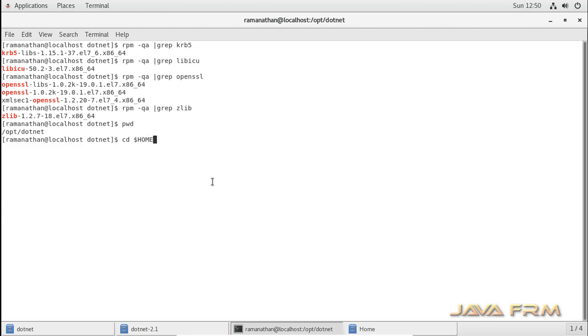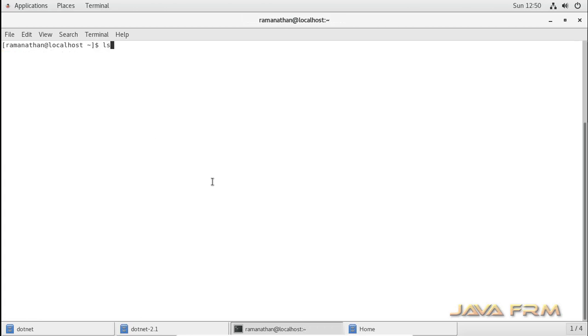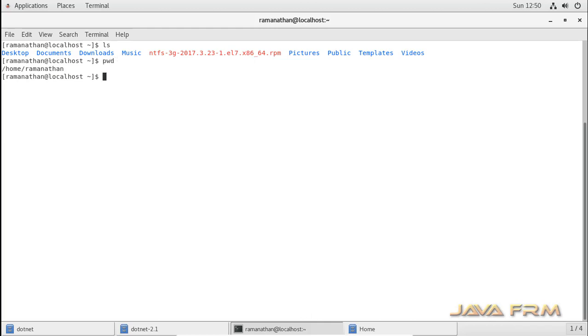Okay, coming to the terminal, go to the home directory, source .bash_profile. This command will load the latest settings in the bash profile.